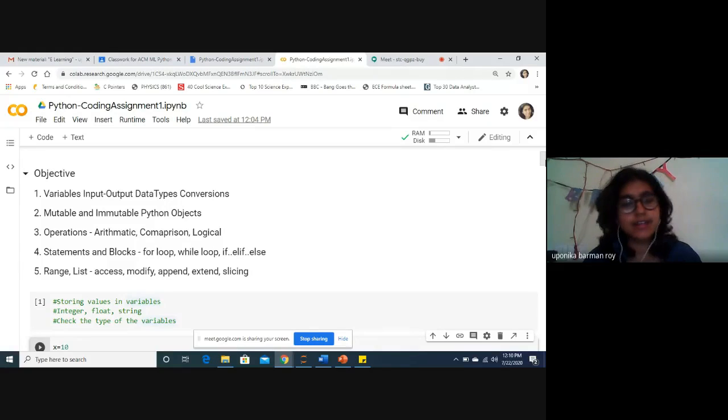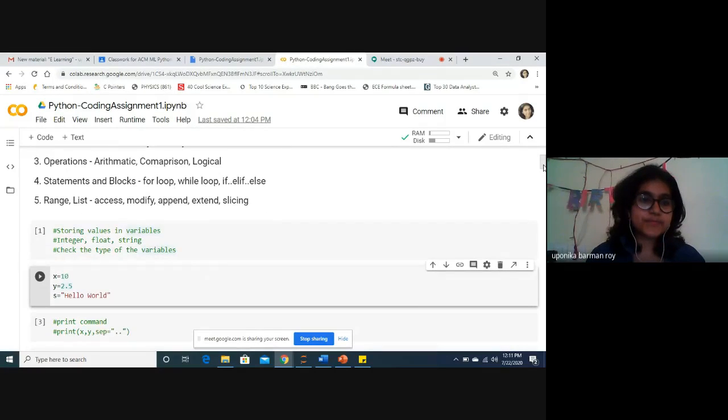You need to clean the data. You need to modify the data. Your data will not be in a very clean way for you. It will be very raw. So you need to make different operations on the data to make it worthy of building a machine learning model and using it for a machine learning algorithm. So we will first see, from the basic level, how we need to store the variables.